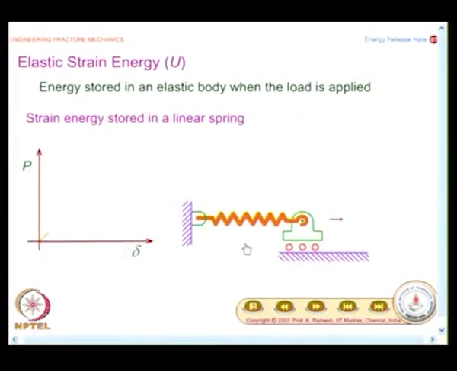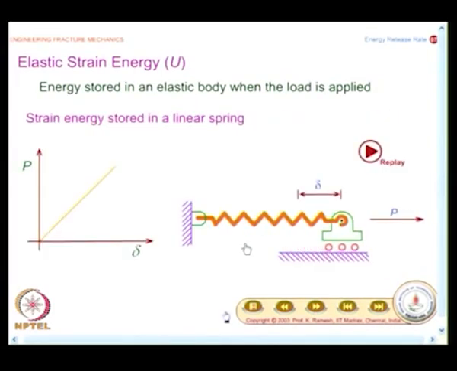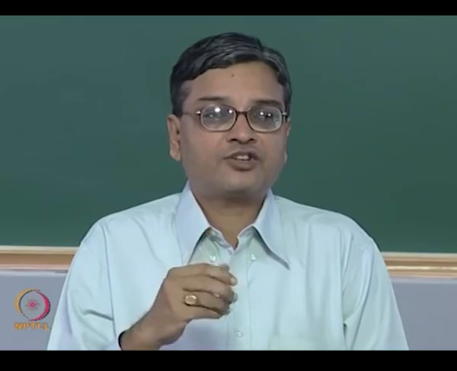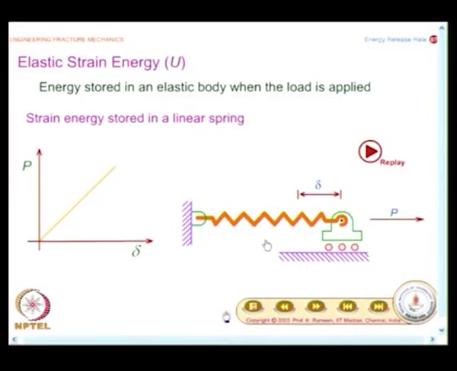In this chapter, we will have to look up the energies. So, it is better to review the concepts on elastic strain energy. We will look this up for various simple cases, and also reassure ourselves on the methodology that we adopt, and some of these would help you to solve problems in this chapter. And first, let us take the case of a simple spring. It is a linear spring, and watch the animation very carefully,